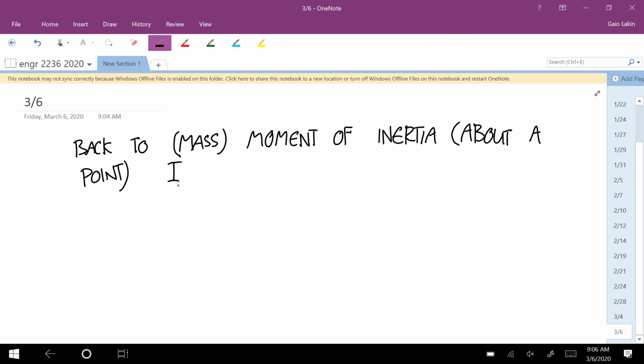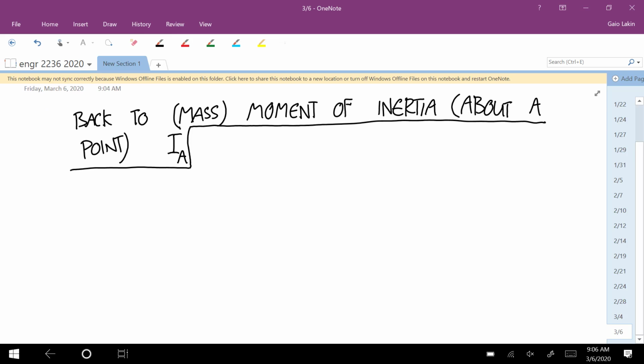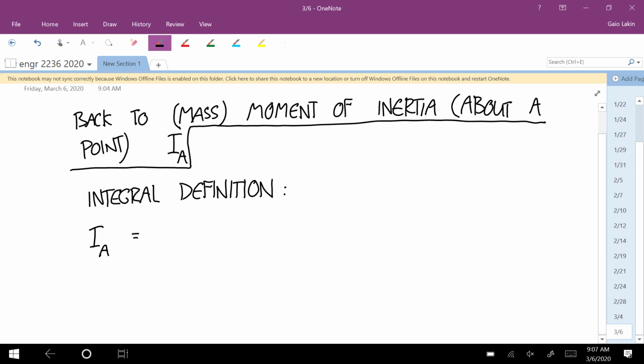We're always going to call it capital I sub A, just like we'll always call the area moment of inertia in 2D form I sub A. And the integral definition of I sub A is